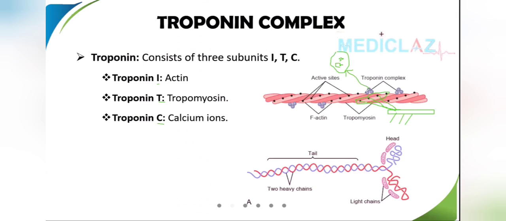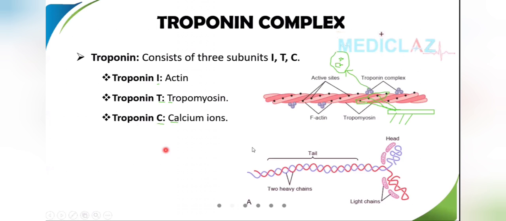I for actin binding, T for tropomyosin, C for calcium. So troponin C for calcium, troponin T for tropomyosin. The rest that is left is I, naturally for actin. So MCQs can even come from this. They can ask about binding of actin, tropomyosin, calcium, magnesium. So you have to write I is for actin, T is for tropomyosin. Okay. Next,